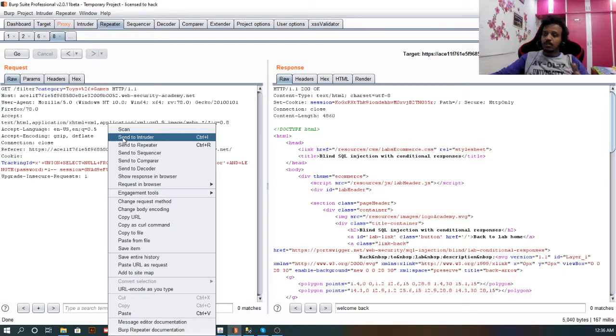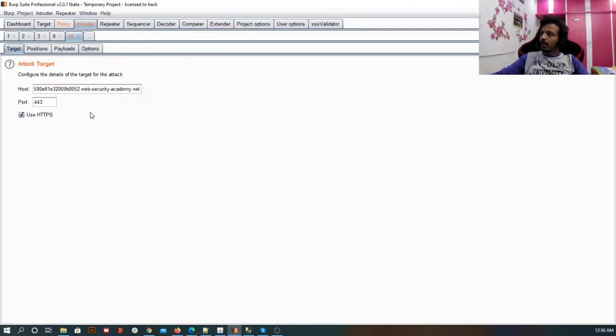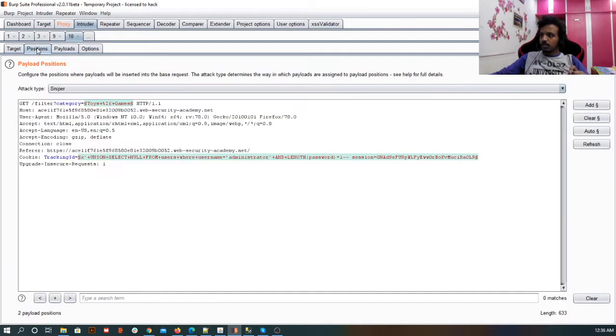So I'm simply clicking on send to intruder, and this request will go to the Intruder feature of Burp Suite. Now I come here and click on payload. Sorry, position. Forget everything, just click on clear. Now you see the password is 1 is not working, so I can check for 2, I can check for 3. So the value that is varying here is 1. I'll select the value that is varying here, and I'll click on add.